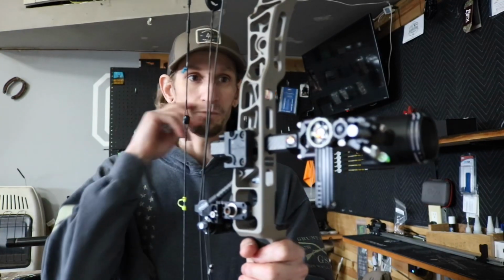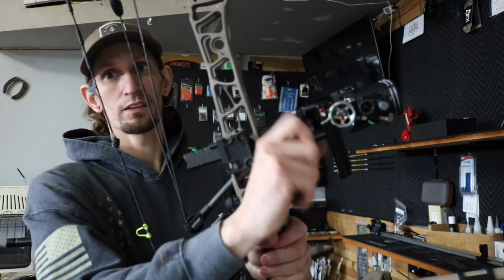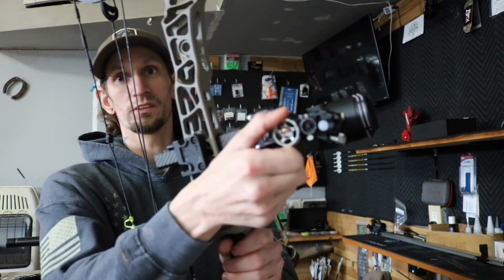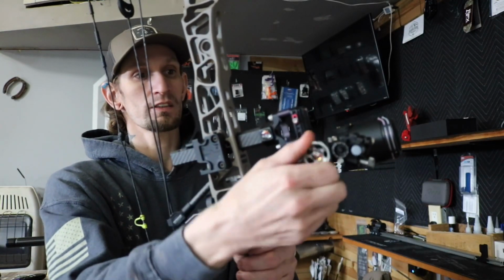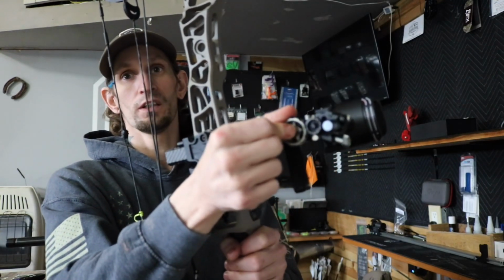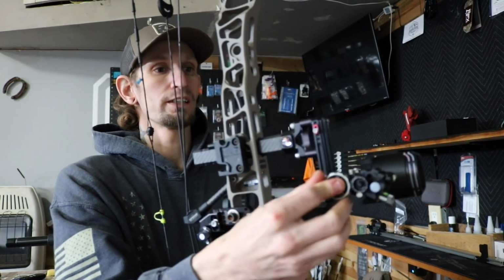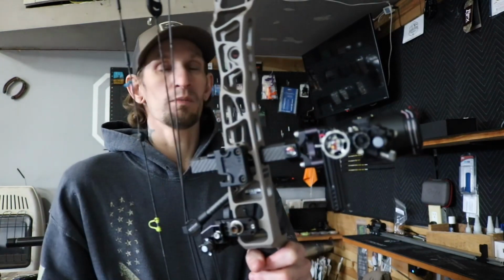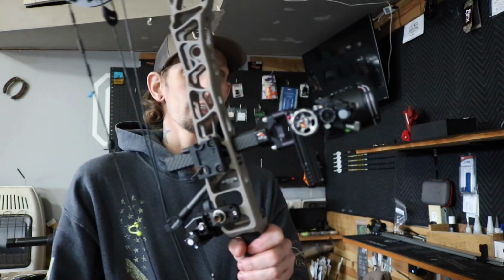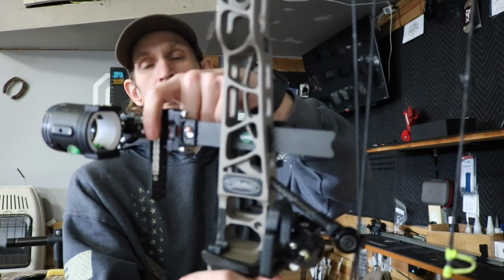It's a 2-pin slider, so you got your little thumb tab here or your lock, flip it down. You can use the dial wheel to make your elevation adjustments, or you can simply press the dial in the wheel and move it by hand super fast. So if you got to get up to 20 real quick, press it in, move it up, bam, your dead stop, your 20 stop, lock it back in place. That's that. Like I said, it does come with 2 yardage indicators for your sight tape,